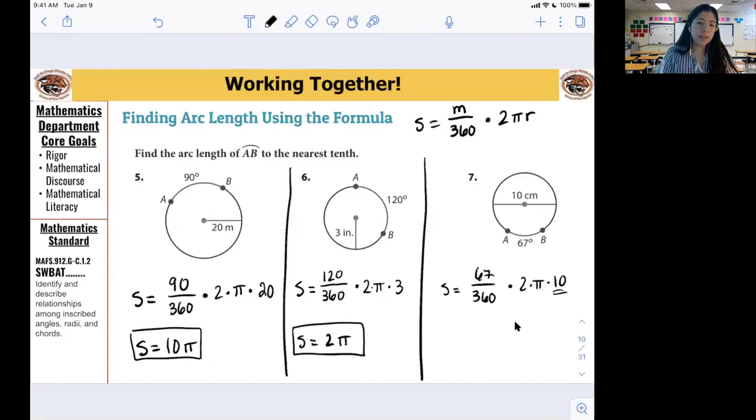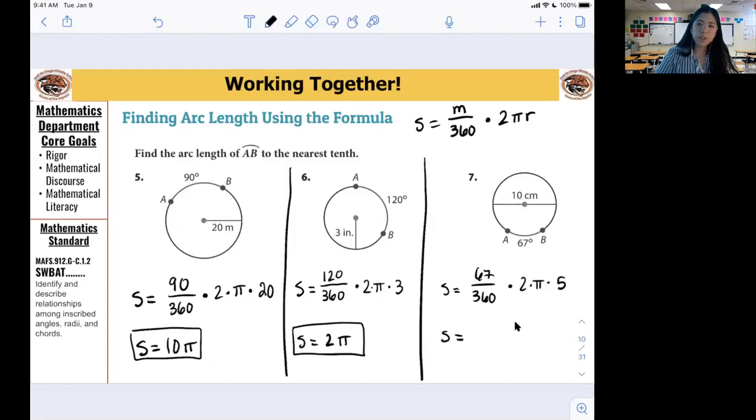Okay, pause there, Daniel. What's the radius of this circle? No, 5? It's 5, not 10. This is showing you the whole diameter. That was the trick with this one. So now using these numbers, like you were saying, 670 over 360, you can use a calculator. So what do we got? 335